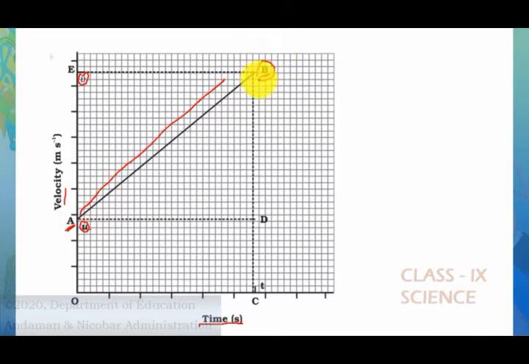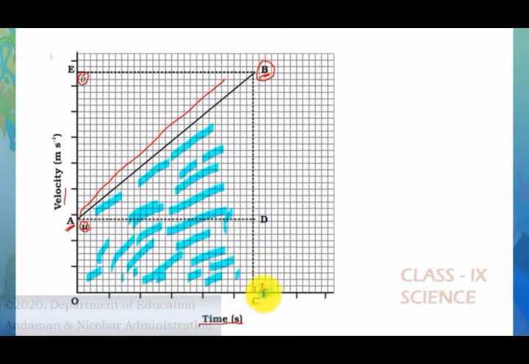We have already seen that in a velocity time graph, the slope of the graph gives the acceleration and the area under the graph shows the displacement. So there is a relationship between time, initial velocity, final velocity, acceleration and displacement. By using this velocity time graph, we can derive the equations of motion. Let us learn how the equations of motion are derived by using this graph.